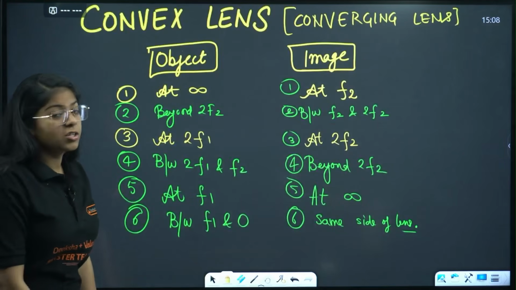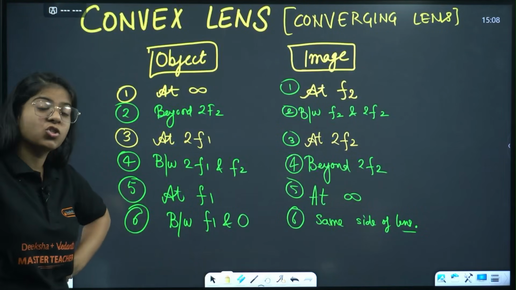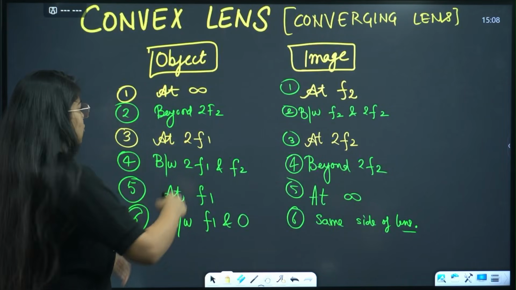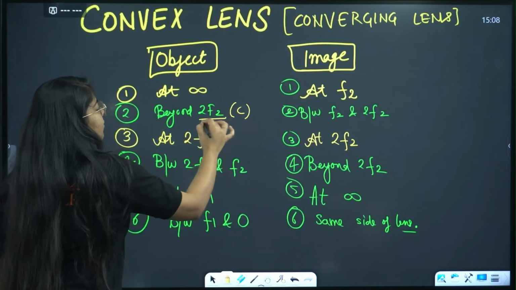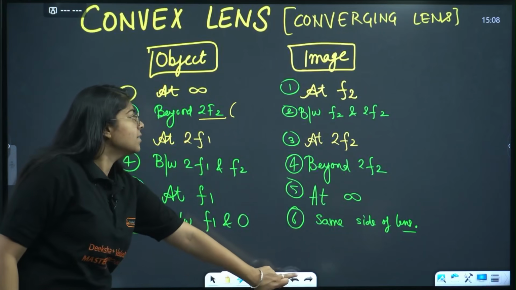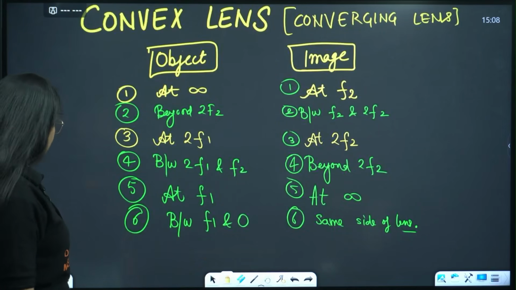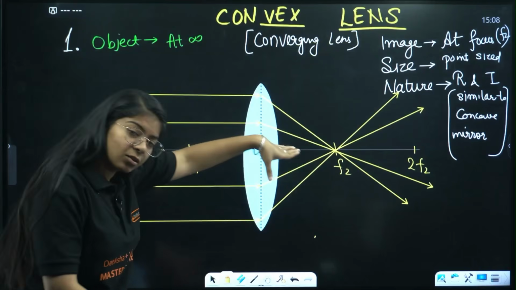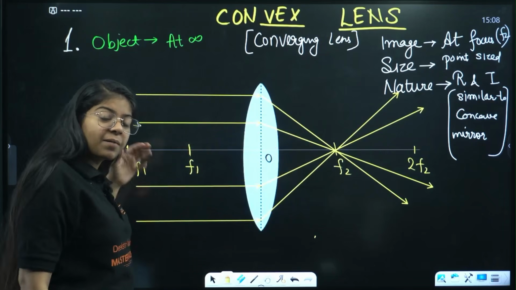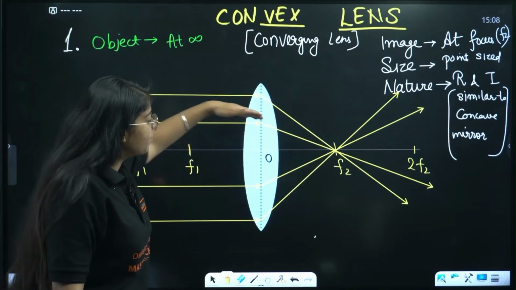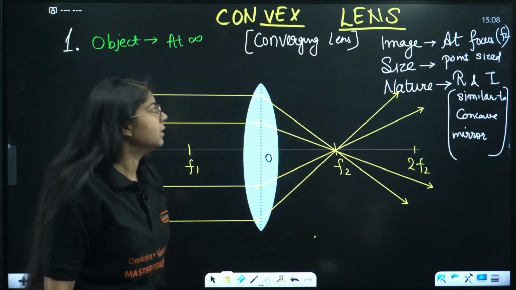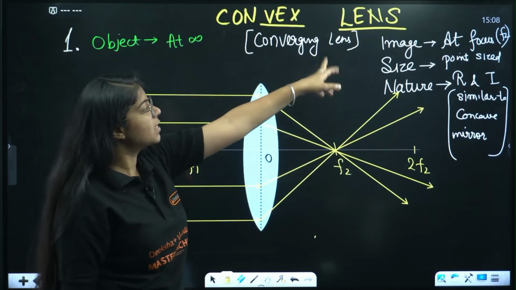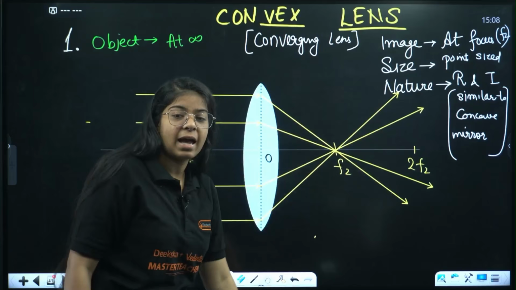Next, moving on to the convex lens first. It again has 6 cases, just as concave mirror, just the names are changed. There we used C, here we are using 2F2. So first, the object is at infinity, parallel rays are coming. Now they are passing through the lens, so they are not reflecting back. They are passing through and converging at focus. Everything is the same. The image will be at focus, size will be point size, nature will be real and inverted,